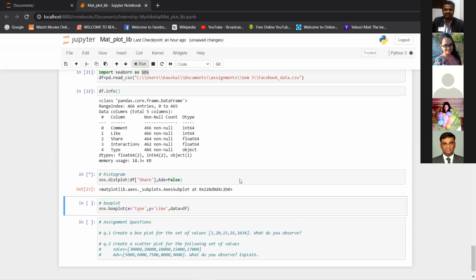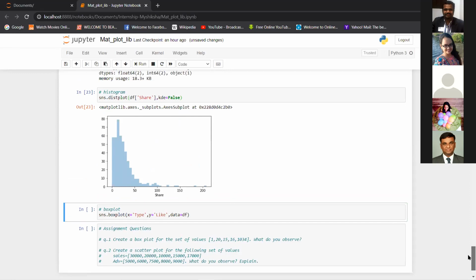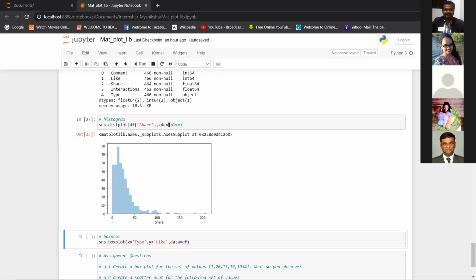If you run this, you get the histogram, simple bars, and you might see that for 0 to 50 shares, there have been more than 70 or 80 posts. There is some value in between, like 20: there are nearly 80 posts which have 20 shares. Something like that you can see, and then this KDE.